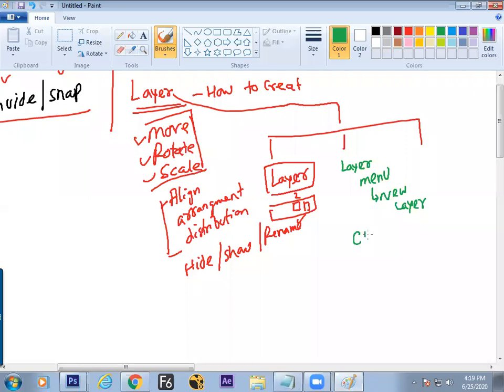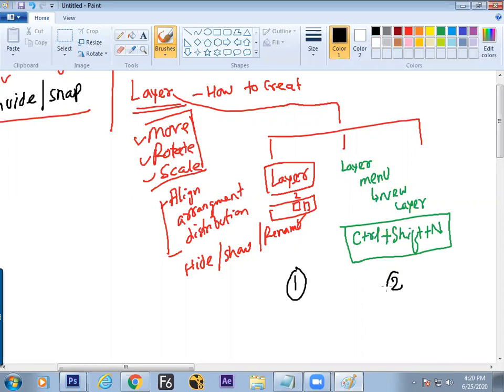Control Shift N. First hotkey of the day, Control Shift N. It allows the artist to create a new layer. So we have understood the first method and the second method. Simultaneously, we have understood the second method in two different manners, by the hotkey and by the menu bar.